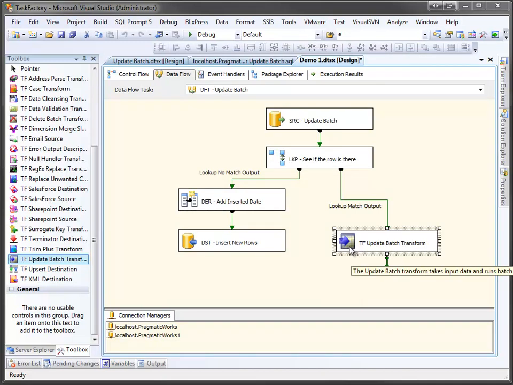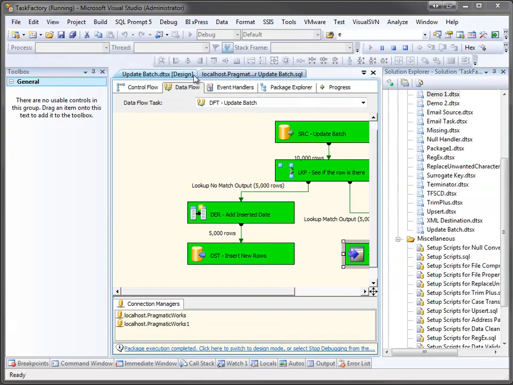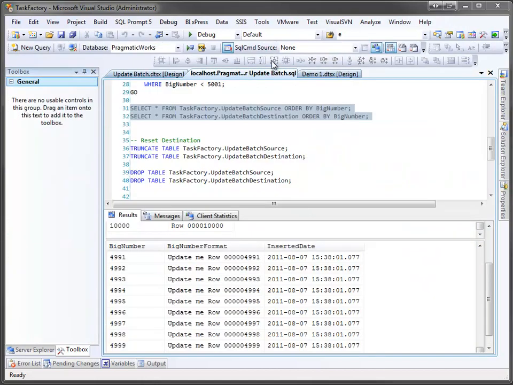And there we go. Now I can run this, and you'll see that our update batches run extremely fast. And there we go. It's run. I can stop this. Let's go back now and look at our target tables. If I run this again,